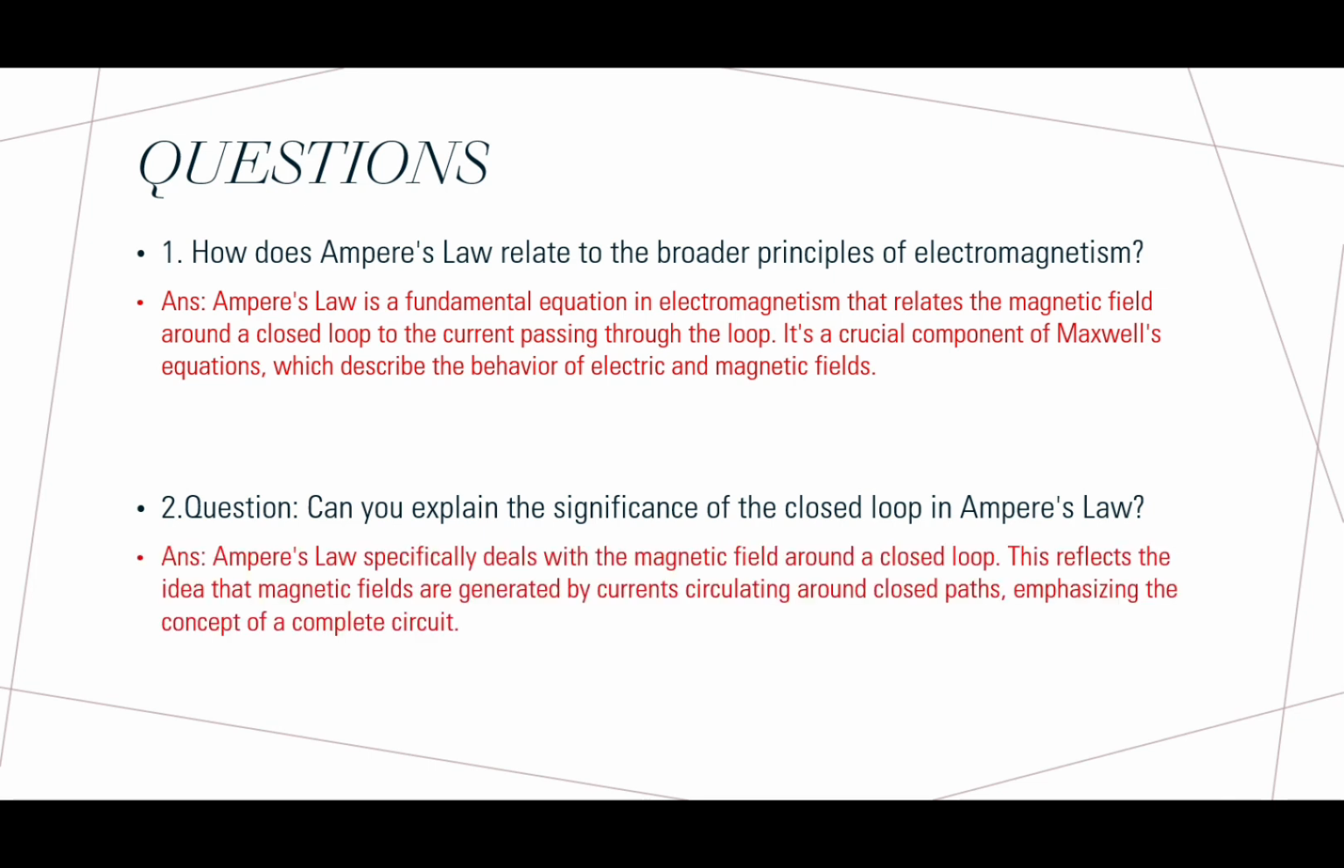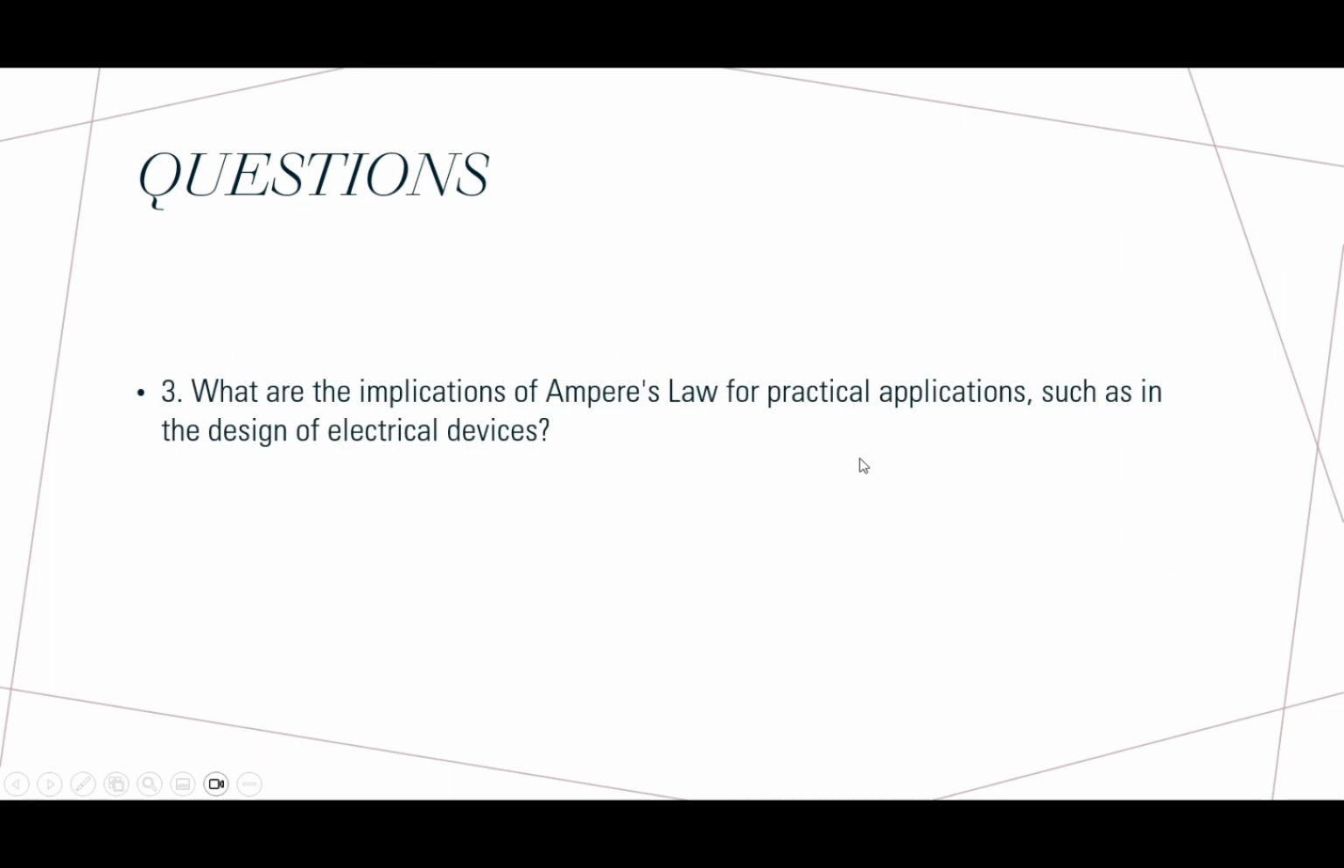The answer. Ampere's law specifically deals with the magnetic field around a closed loop. This reflects the idea that magnetic fields are generated by currents circulating around closed paths, emphasizing the concept of the complete circuit. Question 3. What are the implications of Ampere's law for practical applications,